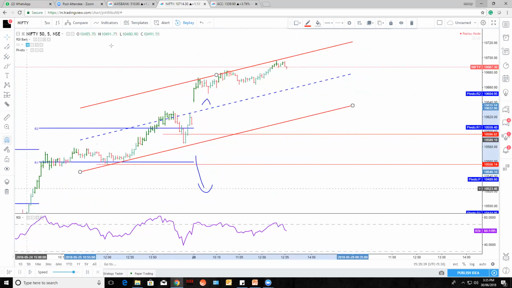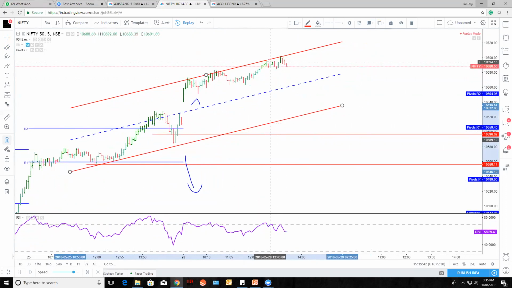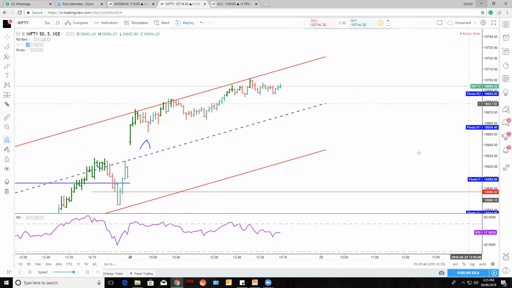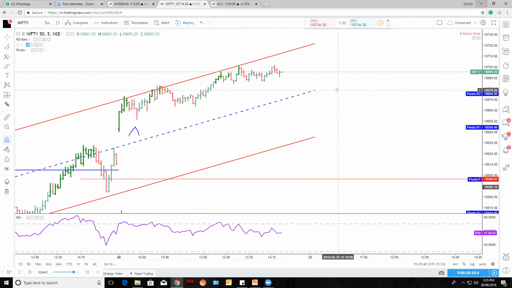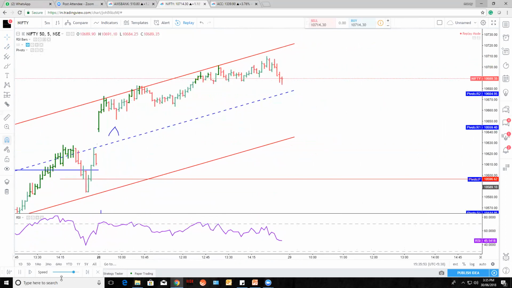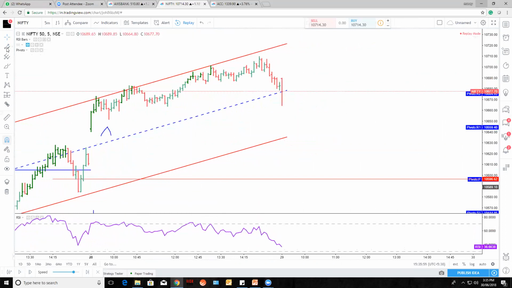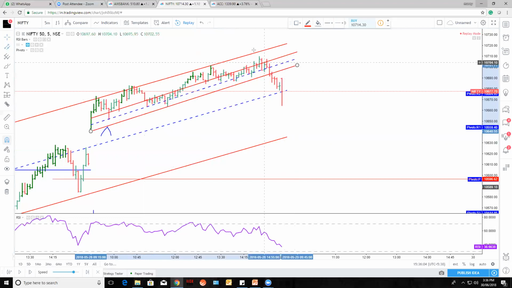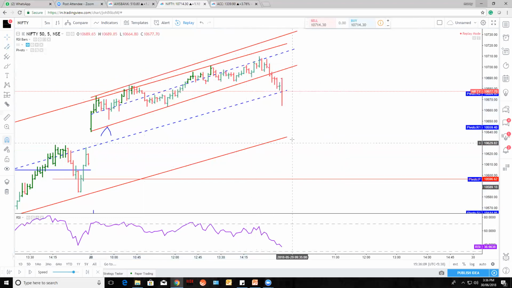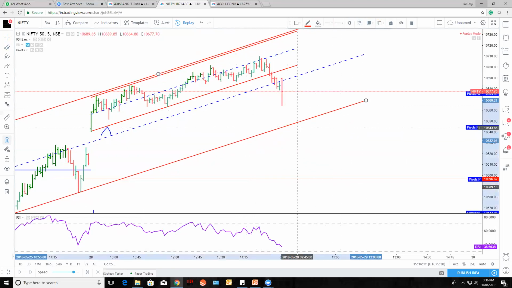See, this particular channel exactly acted as a resistance, 1 point, 2 points. See whether it's breaking. No, if it breaks, then we will look for a sell setup. At least here also we can make one more channel, like this is 1 point, we got 2 points, and this point is valid because it crosses the previous high. So this is one valid channel here. Let's remove this, or at least look to see whether it acts as a support here.